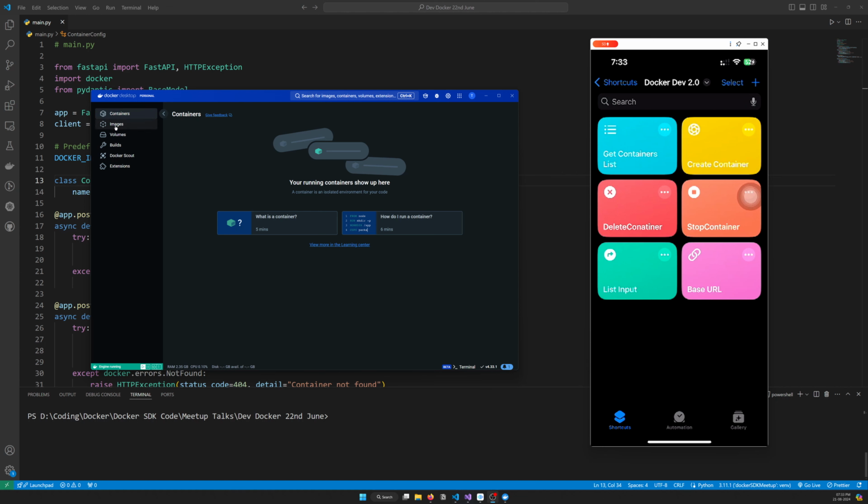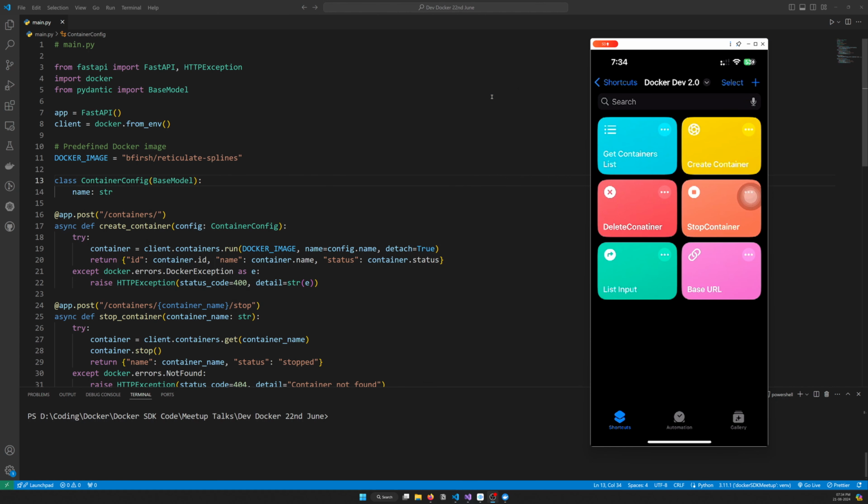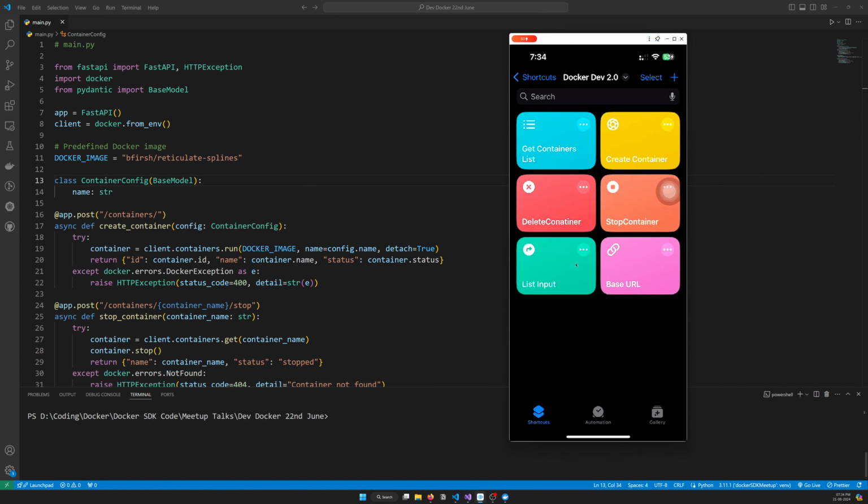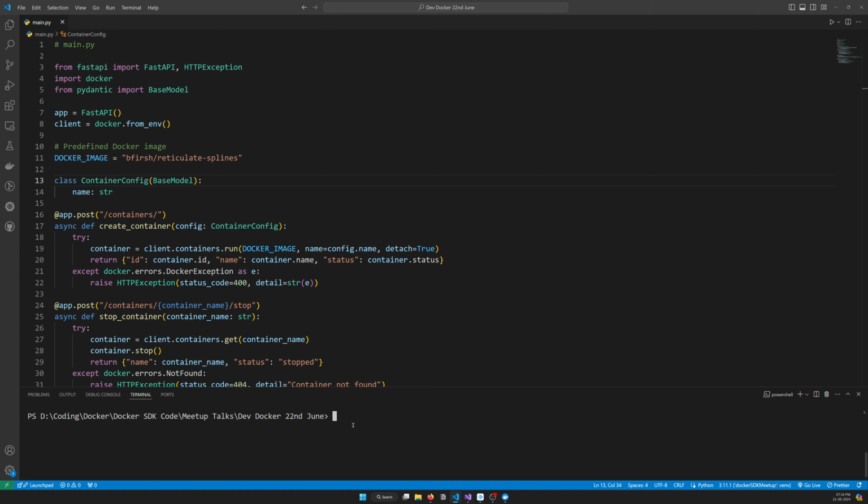Before moving on to executing the code and showing you the demo, let me show you there are no images or containers in the Docker Desktop. So we'll move to the code. I have mirrored my iPhone here, so let me just quickly get this down. There are four main shortcuts here, and there are two supporting shortcuts, so you don't have to worry about that. Once we get into the whole explanation in coming videos, I'll show you how exactly this works. And this is the server. Okay,